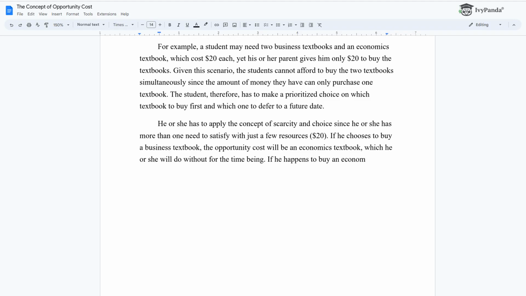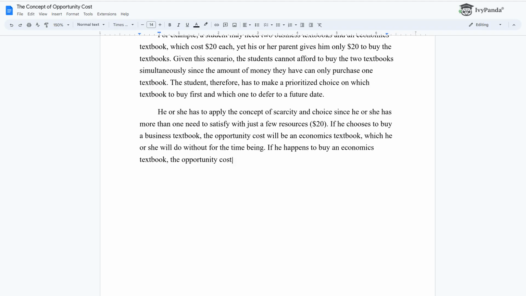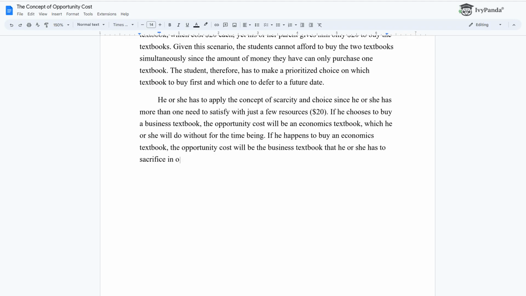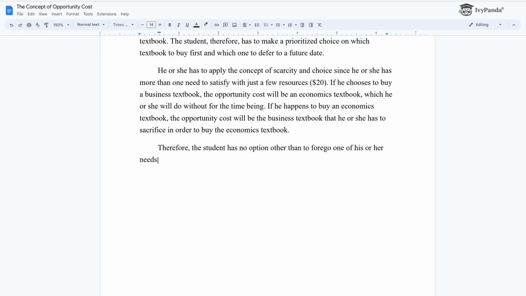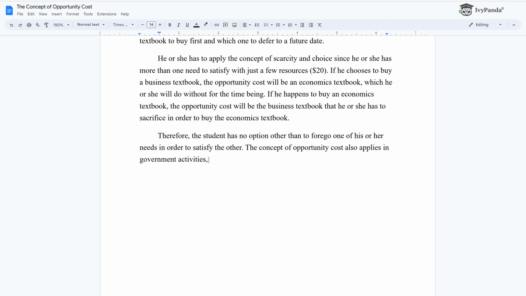If he happens to buy an economics textbook, the opportunity cost will be the business textbook that he or she has to sacrifice in order to buy the economics textbook. Therefore, the student has no option other than to forego one of his or her needs in order to satisfy the other. The concept of opportunity cost also applies in government activities, where the government is faced with so many